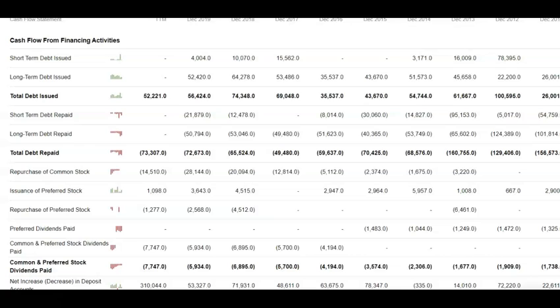I am at the cash flow statement of Bank of America. I want to see what they have done with their cash over the last 3 years. If we take a look under repurchase of common stock, if we go back to 2018, they purchased over $20 billion worth of common stock, and in 2019 they purchased over $28 billion worth of common stock. So that's more than 600 million shares in 2018 and 2019. In 2020 they purchased $14.5 billion of common stock. Then they were cut off by the Federal Reserve. They could not, because of COVID, repurchase any more shares.